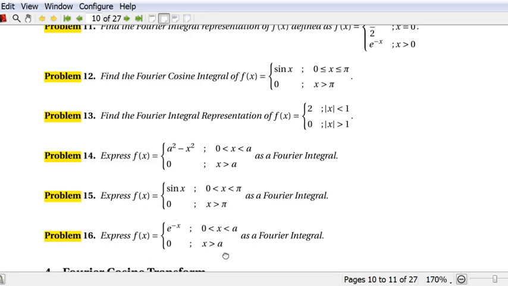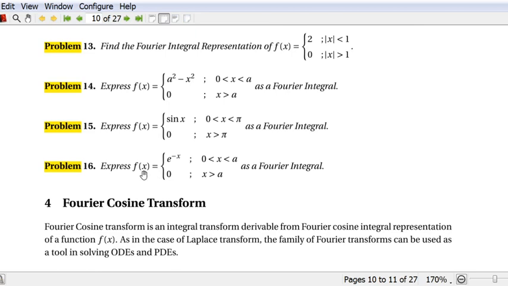Again it is Fourier integral representation. Here we have to find A of omega and B of omega. And A of omega is 1 by pi integral minus infinity to infinity. Here fortunately x varies from 0 to a, the range where x has a non-zero value. So the integration range becomes 0 to a. f of nu is e raised to minus nu cos nu x, omega, into d nu, like that.